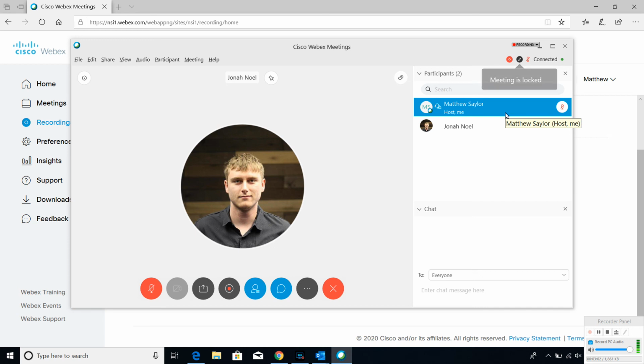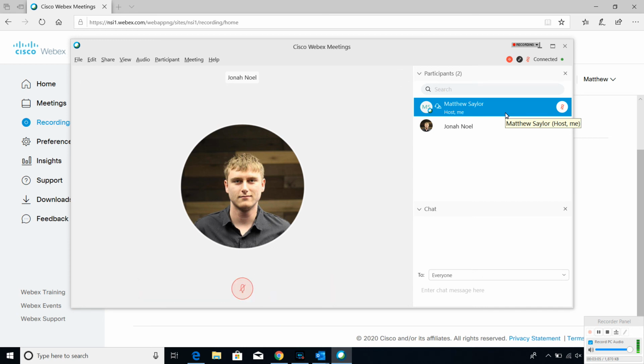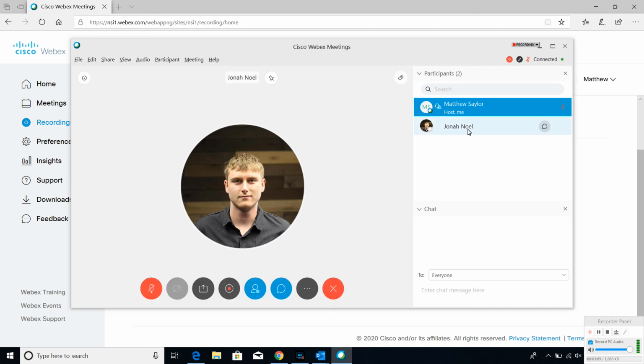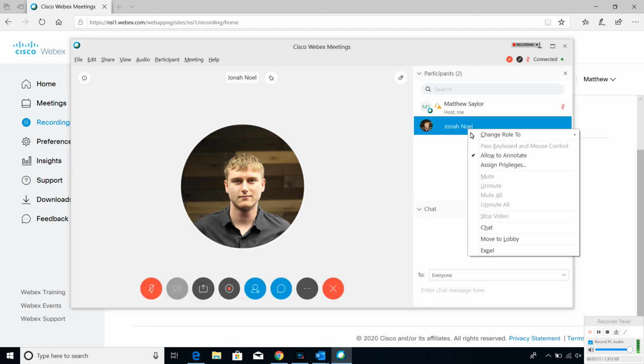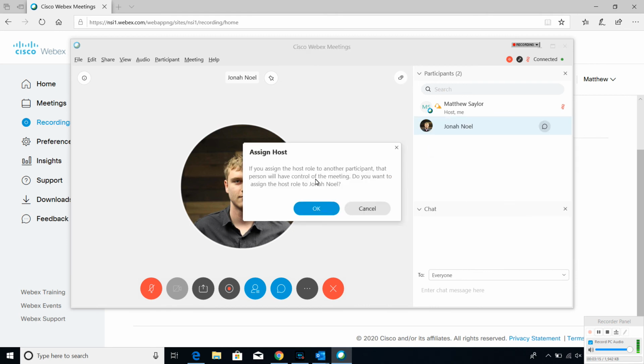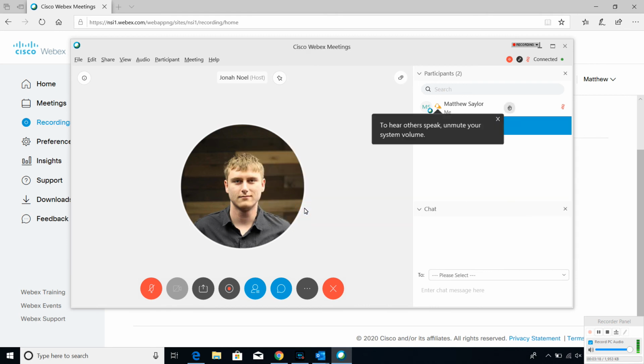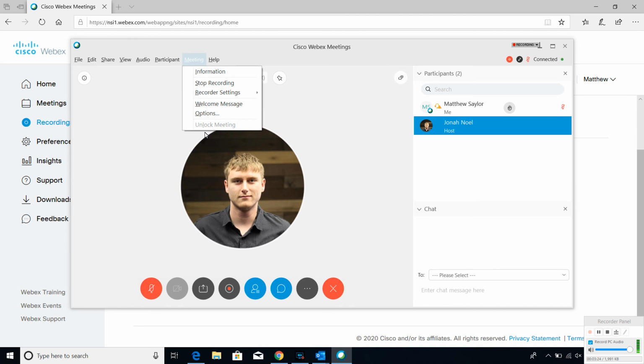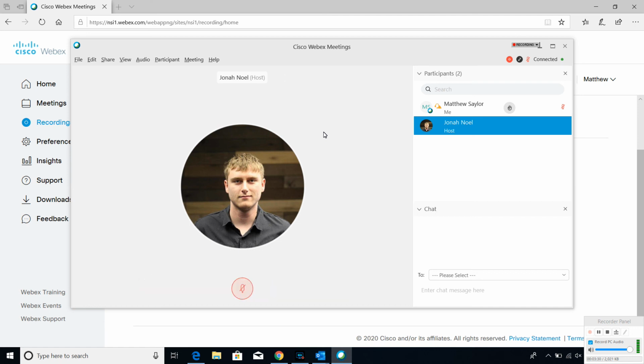Now even though it is my room, I am not able to retake back host control. Matthew would have to go back in here, change role, back to host. It says, are you sure you want to assign the host? You click OK, and now I'm back to host. Now I'm not able to unlock the meeting, and I can't do a couple other things that the host would be allowed to do. And that will conclude